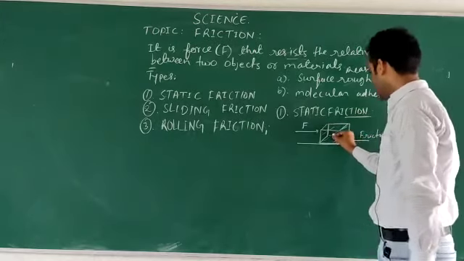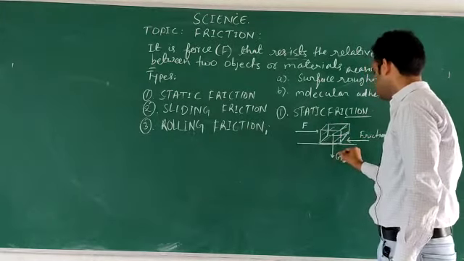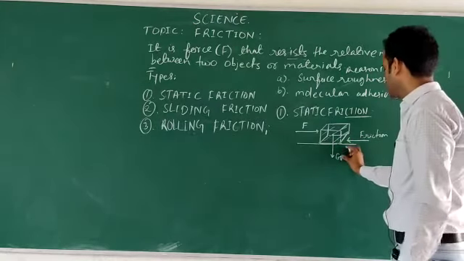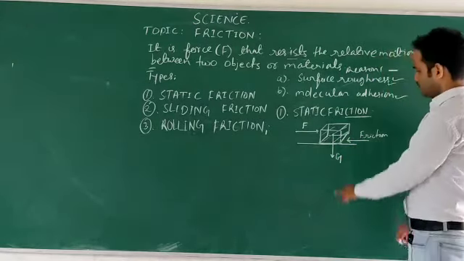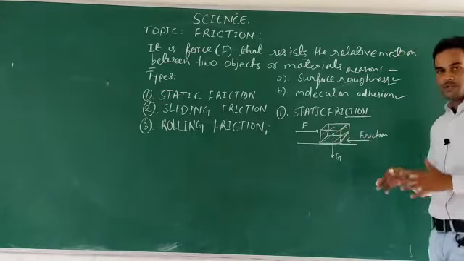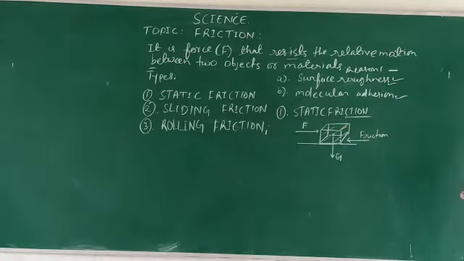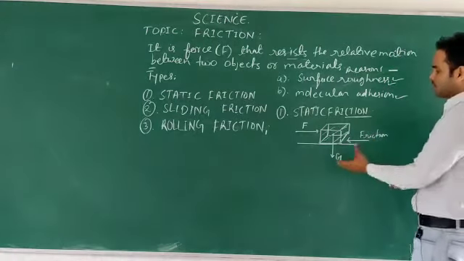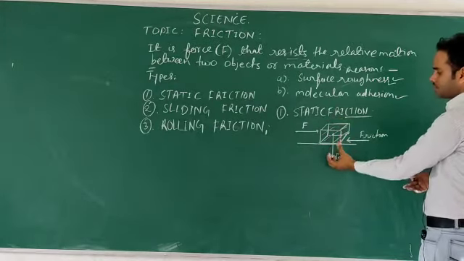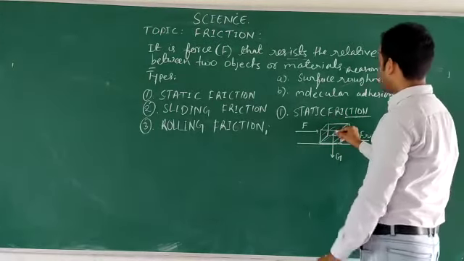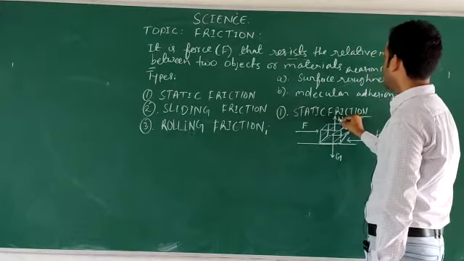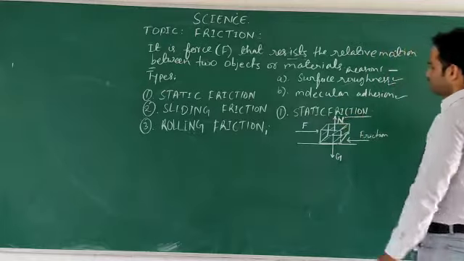Other forces are also acting here. The first one is gravity, that is mg, mass into gravity. That is the force of gravity which acts here, which means the weight of the object. Weight is the gravity of the earth, by which the earth is pulling this object towards it. And there will be a normal force. Normal force will always be perpendicular to the surface.